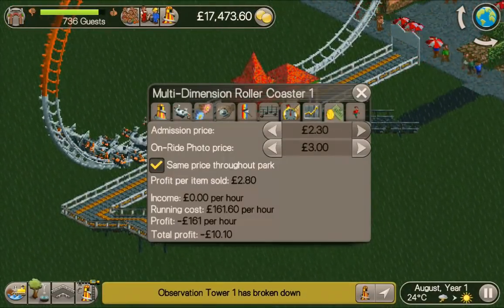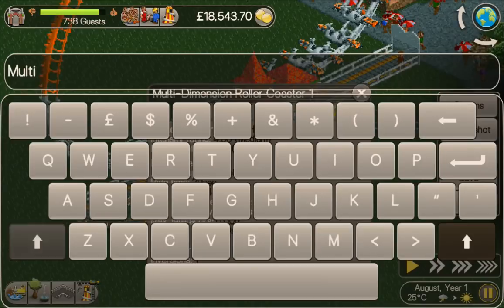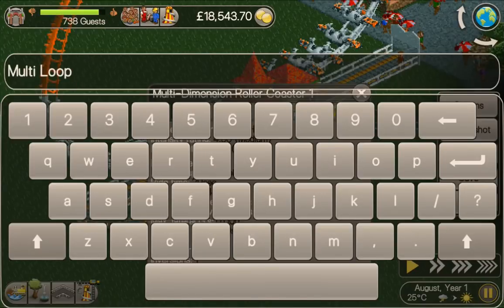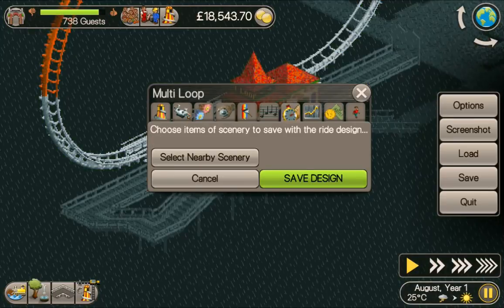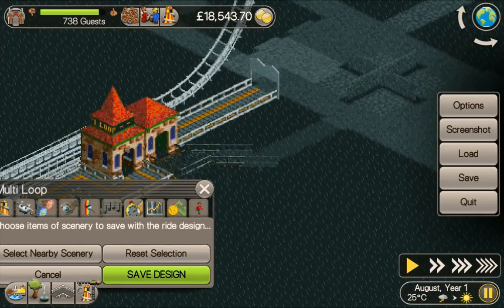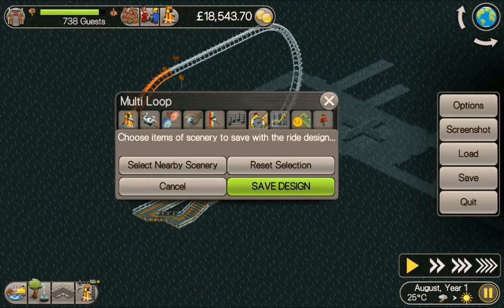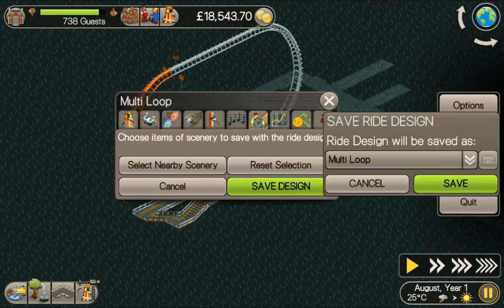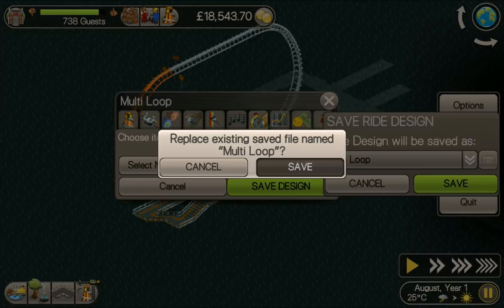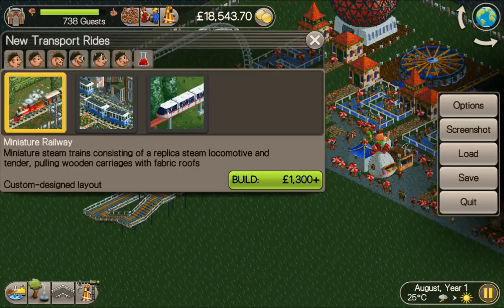So we're getting ready to test it now, to open it up. Give it a nice name. We'll call it multi-loop. And then what we'll do as well is save everything nearby, so it's got the ride and the path. Save design. Yes. Replace the one I've already saved. And then when we go in,